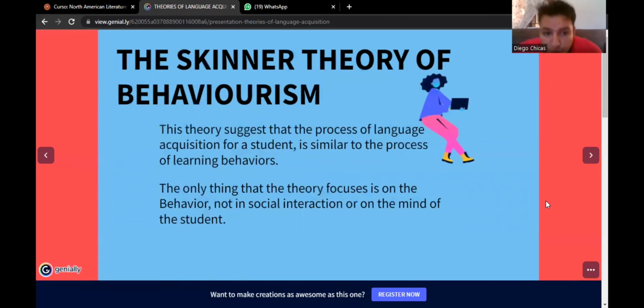And finally, the theory of Skinner, behaviorism. He's just saying that behavior is a big part of how we learn a language, and he's just based on imitation and not on social interaction or the mind of the students. And I think that the mind, how we think, how we formulate sentences, is important. The interaction, as I already said, that we have with our environment and with the people around us is important because they are helping us to acquire new language and new vocabulary that help us to create more complex sentences,